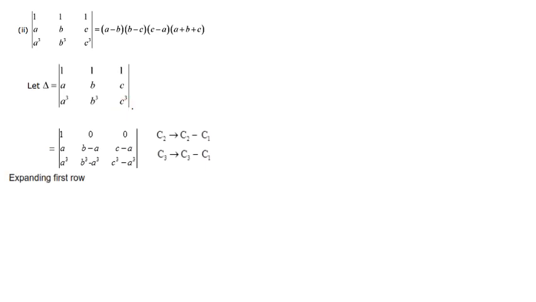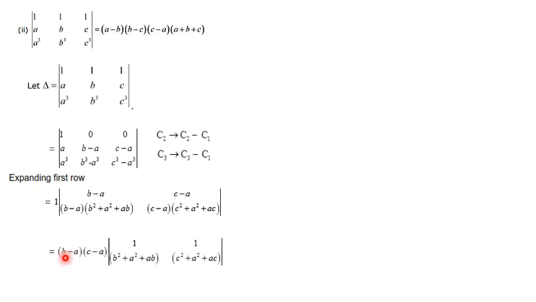Next go for expanding along the first row. The first element only we need to take because the other two elements are 0. First element, that is positive 1 into, the row and column is gone, the balance is b minus a, c minus a, next b cube minus a cube, c cube minus a cube. What I have done is expanded the a cube minus b cube formula, that is b minus a into b square plus a square plus ab, c cube minus a cube expanded c minus a into c square plus a square plus ac. Then in the first column b minus a is common, in the second column c minus a is common.